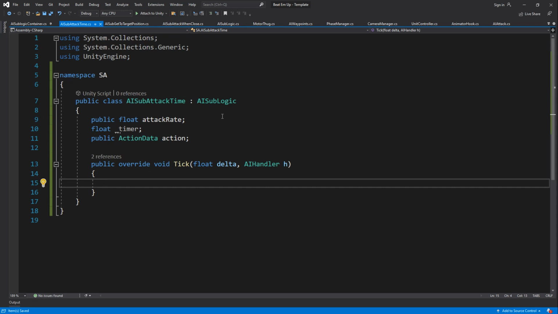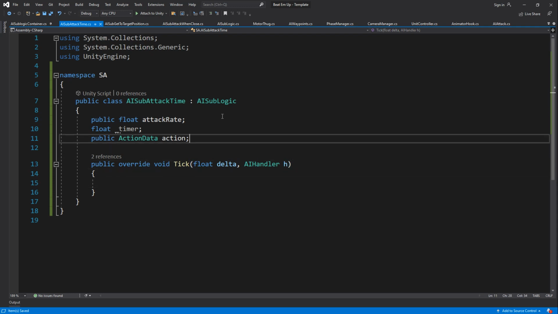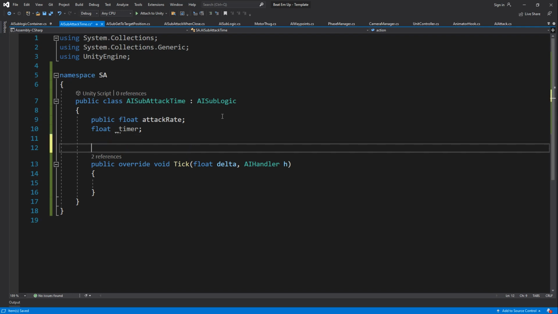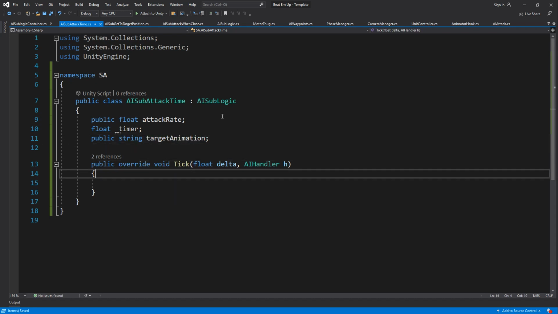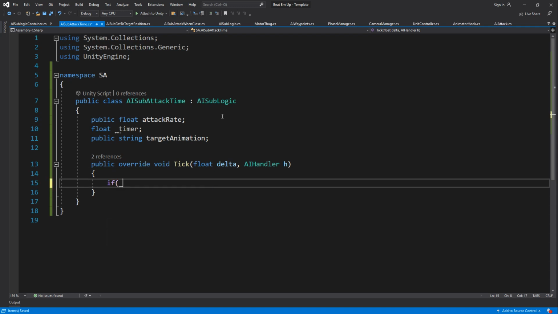So delta, okay, well, actually we don't need the action, we'll need the animation. So string target animation, we only need this one. So if timer over 0, return timer always minus delta,